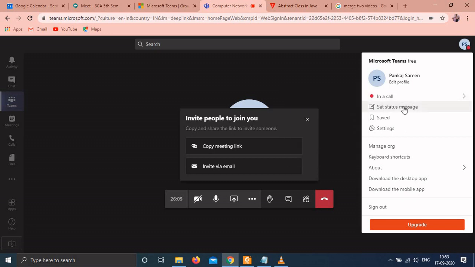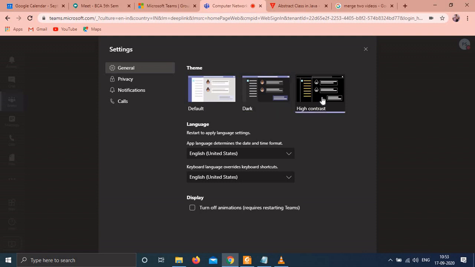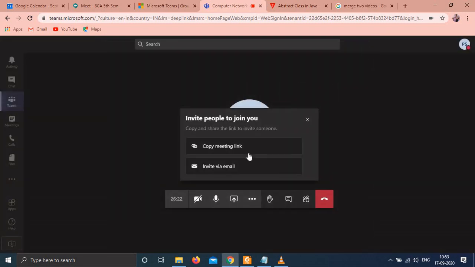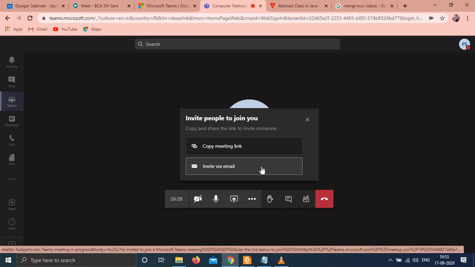Here you can set the status message, fine. Here you can see the different settings of Microsoft Teams. You can set the theme of the meet, fine. You can add anyone to this meet, fine.